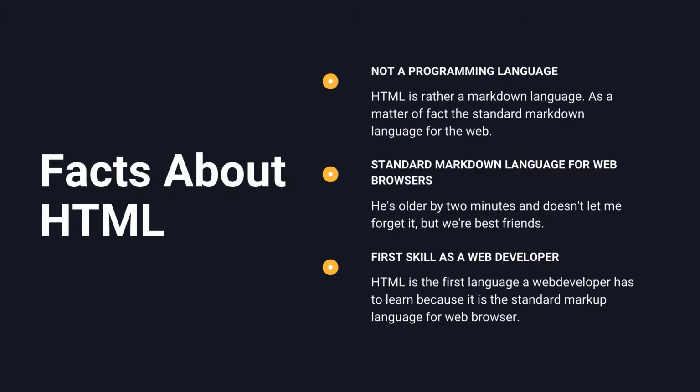So the first skill you learn, that's the third thing I want to communicate with you, is that the first skill you learn as a web developer is actually going to be HTML. So HTML is where you will start. If you want to start doing web development, you start with HTML, and you ride your way through whatever programming languages or styling languages you might learn on the fly, but HTML is where you want to start